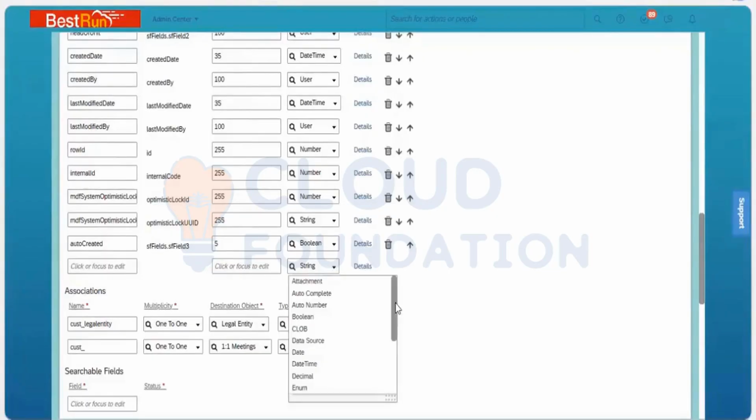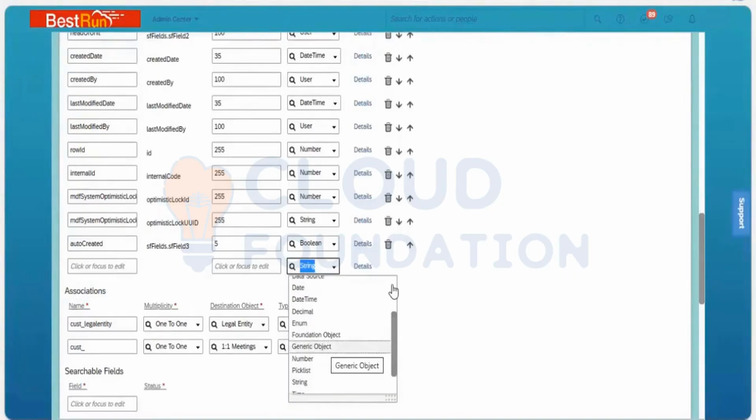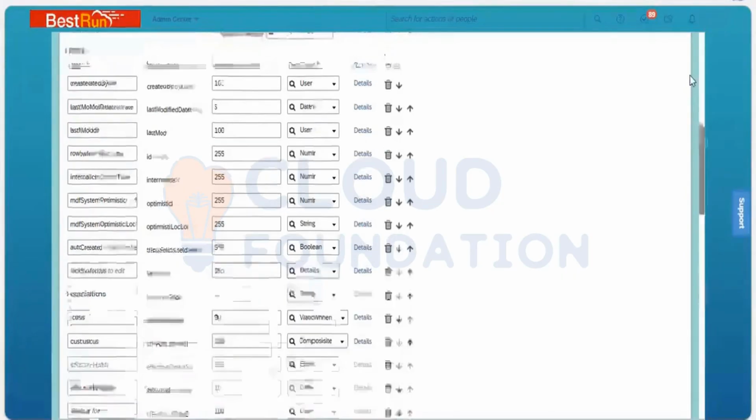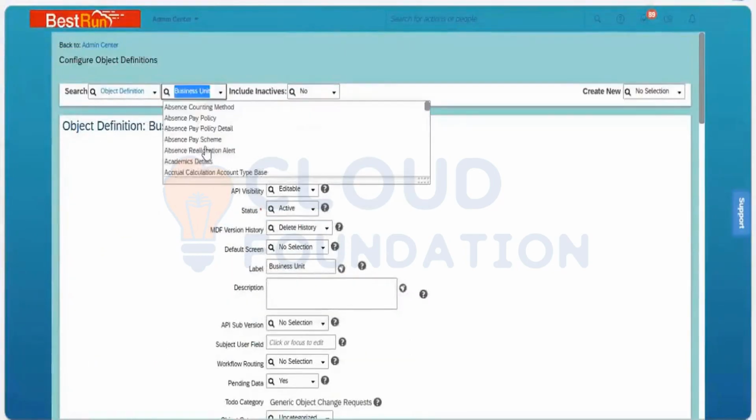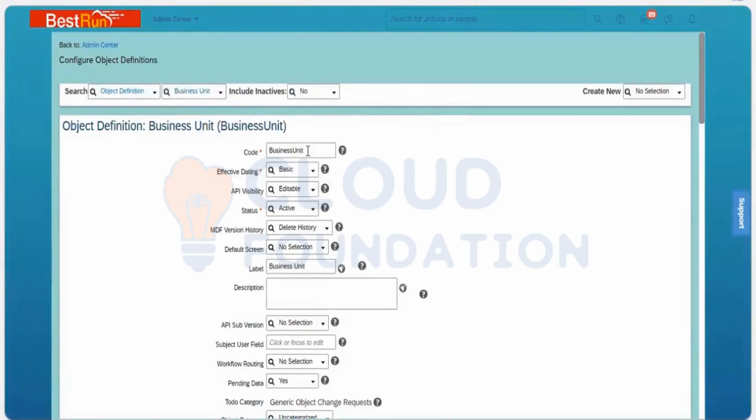And there we need to go and select the generic object. Generic object is nothing but the MDF object. MDF object is this one, which you are seeing here, all the MDF objects. When you select any of the MDF objects, you will find a code here. This is the code. And the MDF object is also known as a generic object. When you want to map a generic object to a particular field,